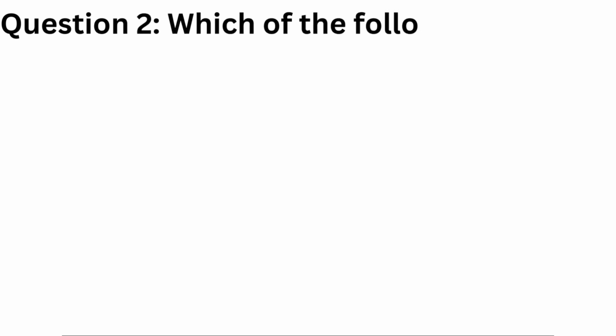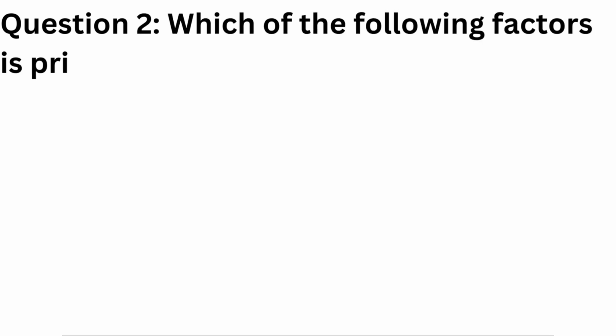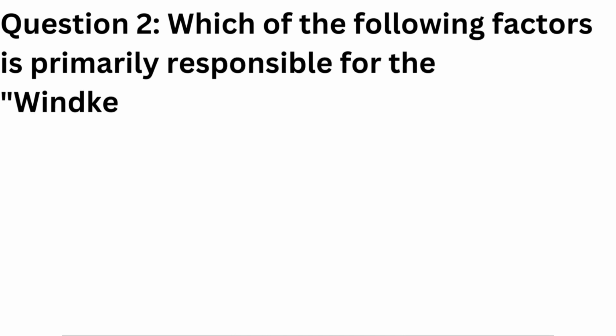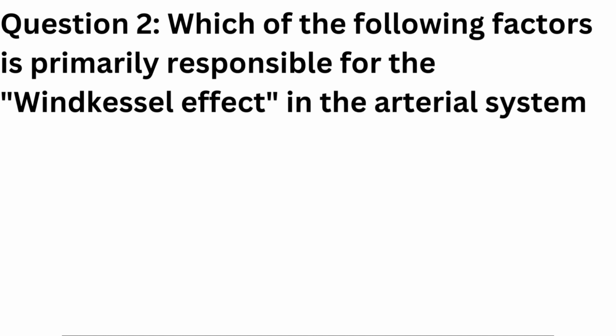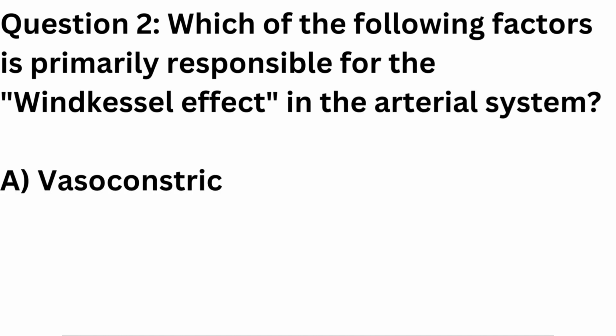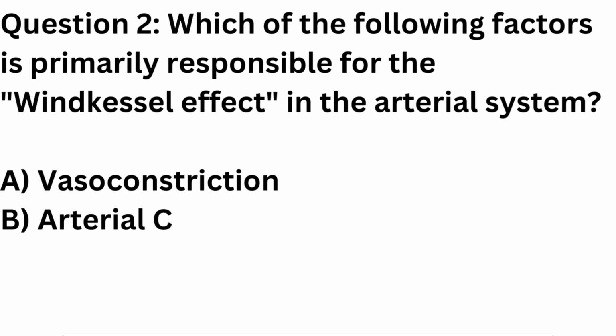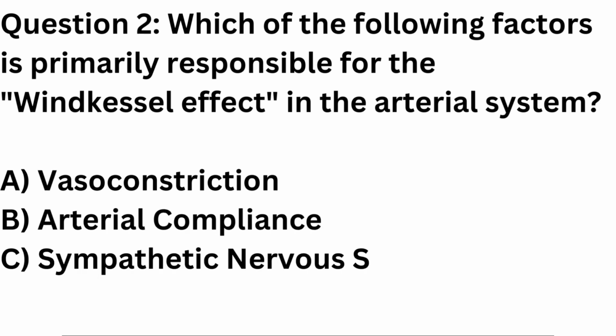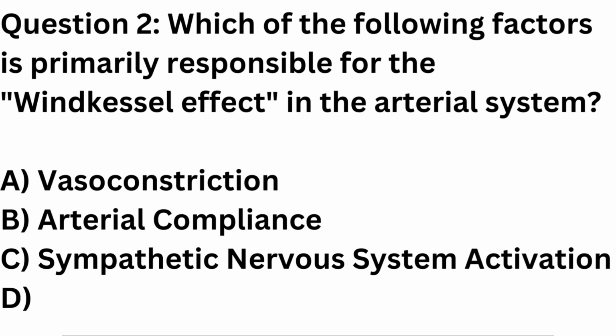Question 2. Which of the following factors is primarily responsible for the Windkessel effect in the arterial system? A. Vasoconstriction. B. Arterial compliance. C. Sympathetic nervous system activation. D. Cardiac output. Correct answer is